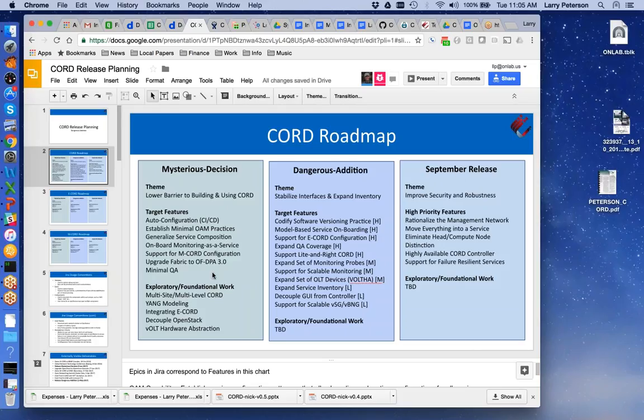There will be features that correspond to, for example, mCORD configuration, the configuration of CORD and so on, and we need to figure out how to coordinate all of those as well. But this has a strong emphasis on the platform. So you'll see the target features here, which, as you know from the timeline,